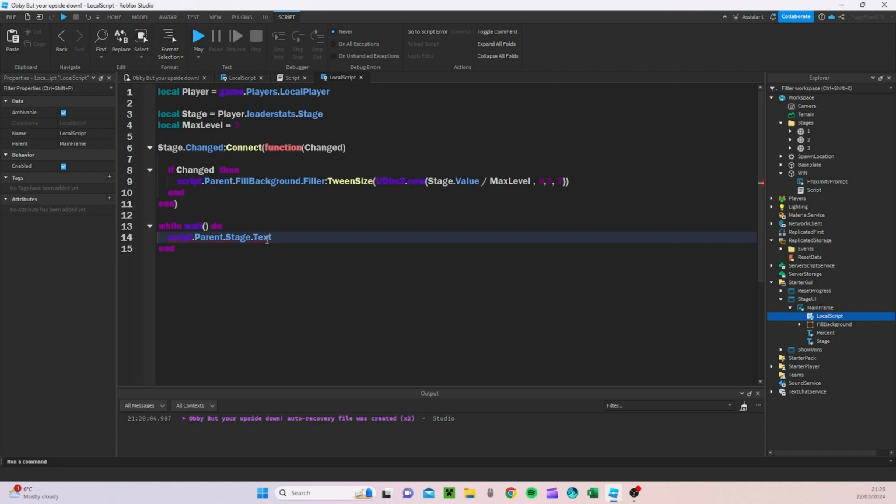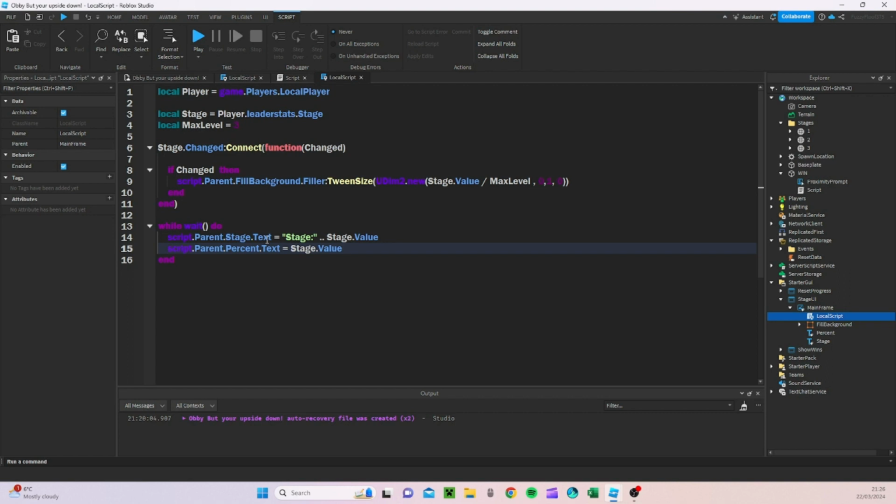Then after this we're going to do script.Parent.Percent.Text equals stage.Value